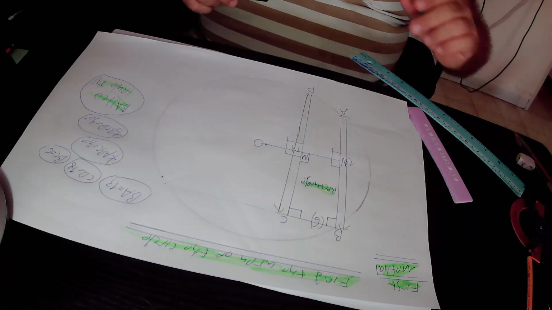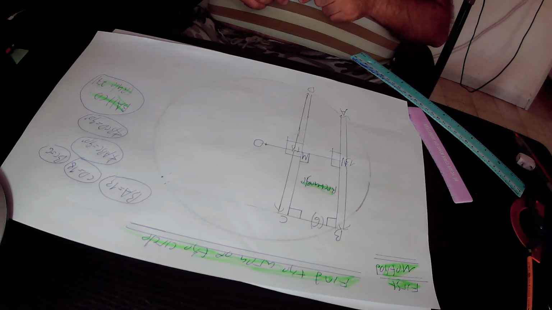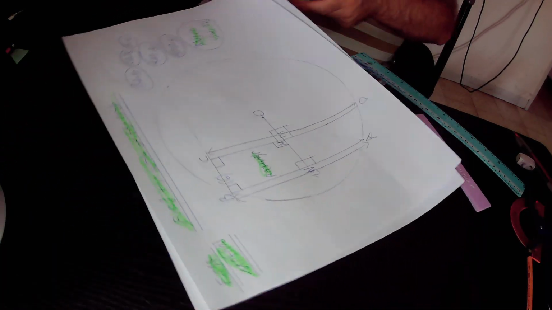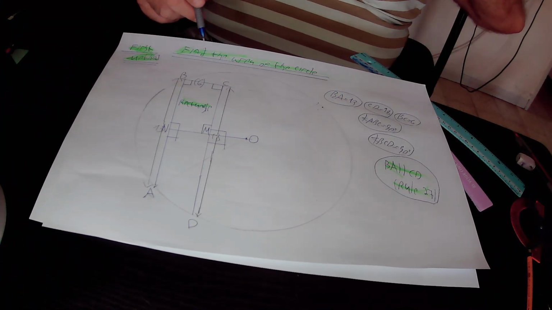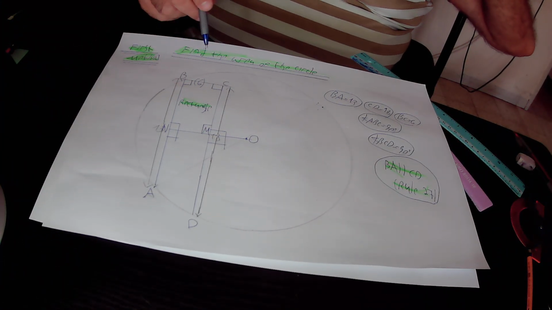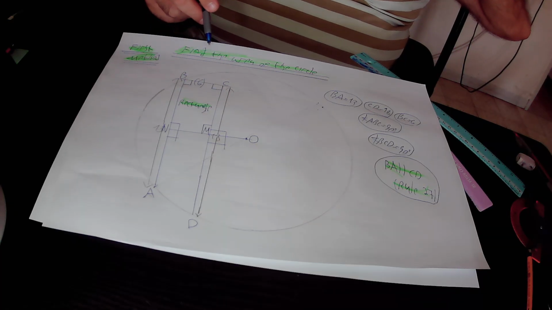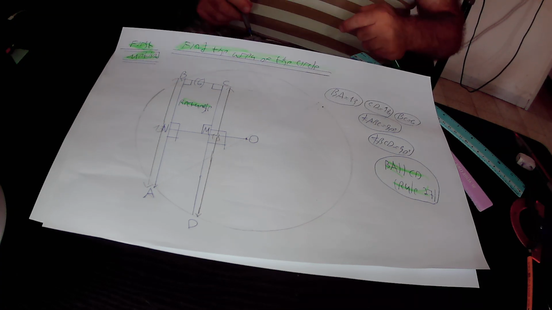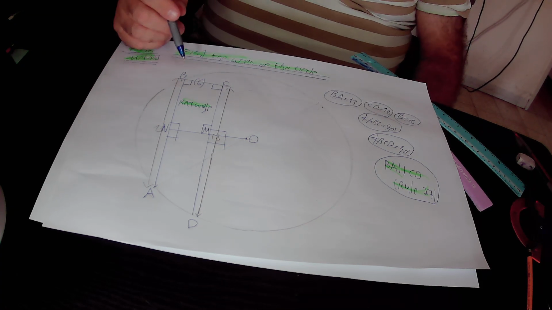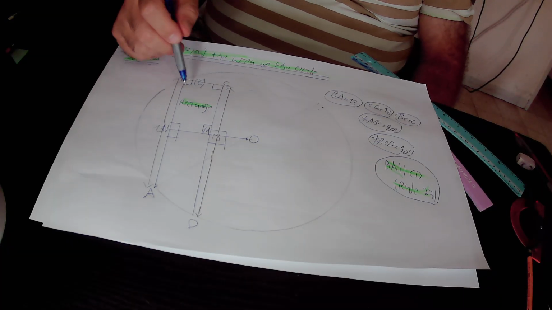But we also know that the opposite sides of a rectangle are equal to each other. So in rectangle BCMN, side CM must be equal to side BN. Okay, so here side CM equals side BN, but